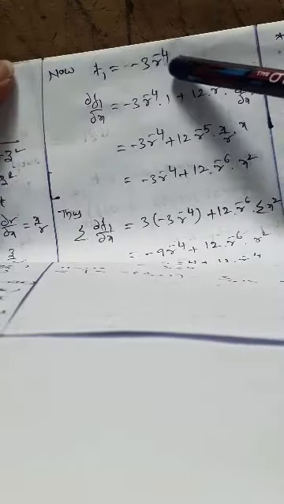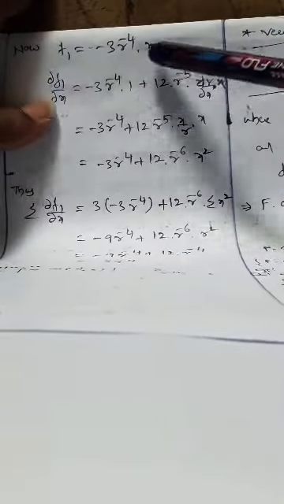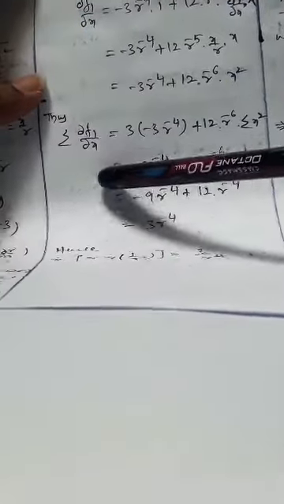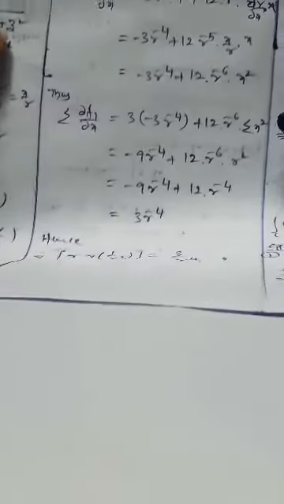So what is f1? Minus 3 r power minus 5 into x, that is f1. Now dou f1 by dou x, UV formula, substitute over there, and summation 3 times, we will get this one as a solution for that. Okay,